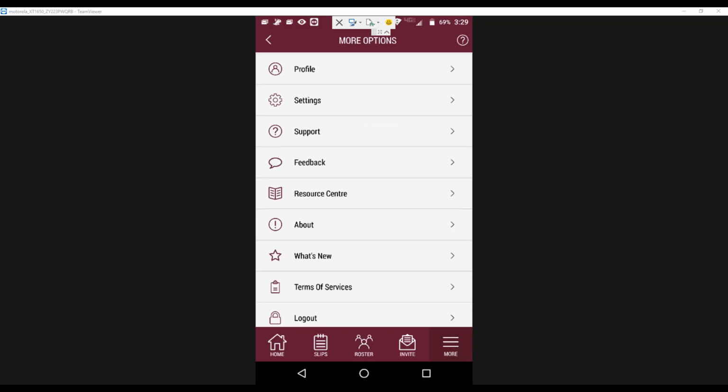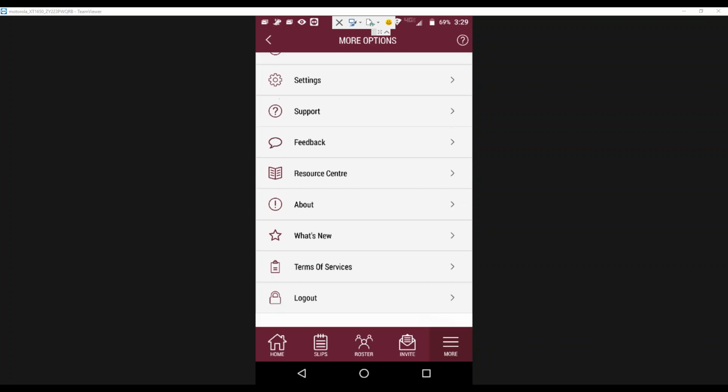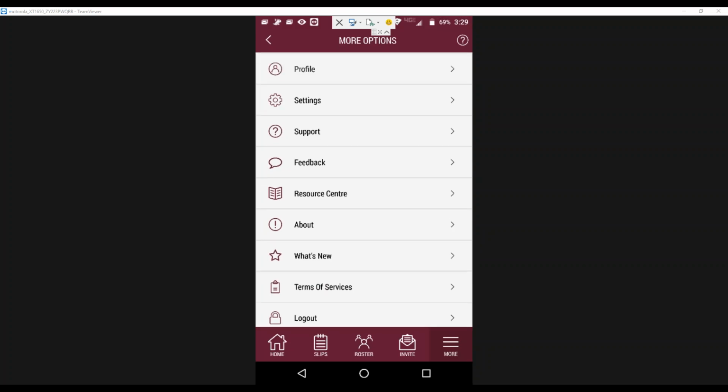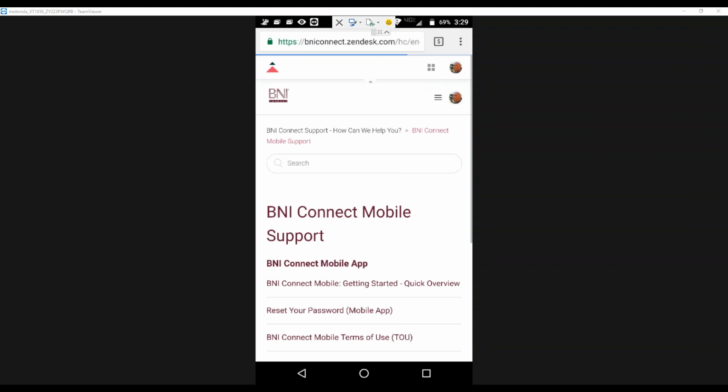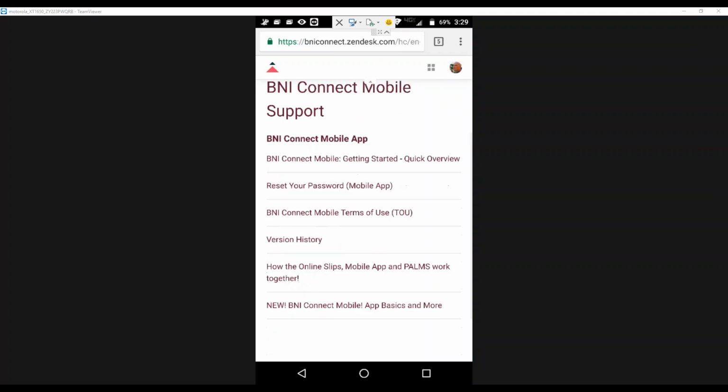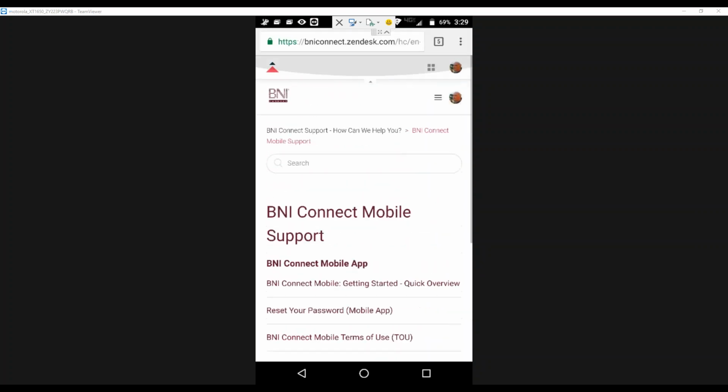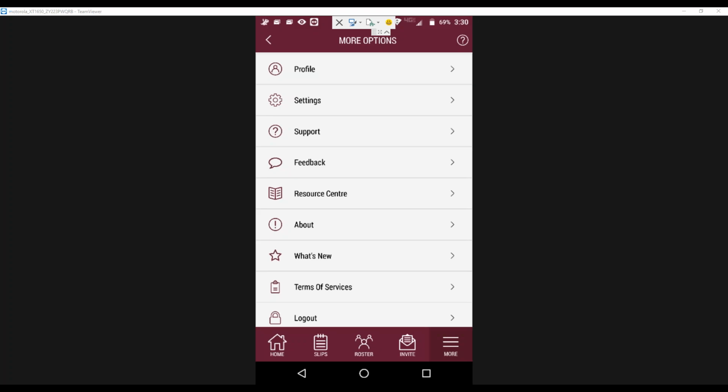So now going back to the app, there's some other things on here. We also have, for example, support. If you go to the support site through this, there's tons of videos and help documents and walkthroughs and things like that. And we also have what's called the Resource Center. And in the Resource Center, you can find